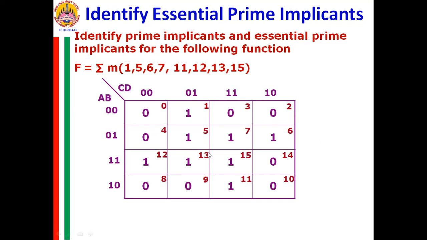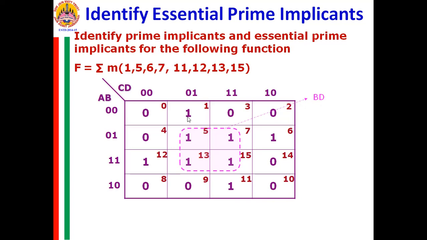So let me form a quad here, a possible quad in the beginning. Let me form a quad in the center with 4 ones. Then the one which is essential and is not a part of this quad is BD. This cannot be further combined with any other cell to reduce the variable further. So this is a prime implicant.